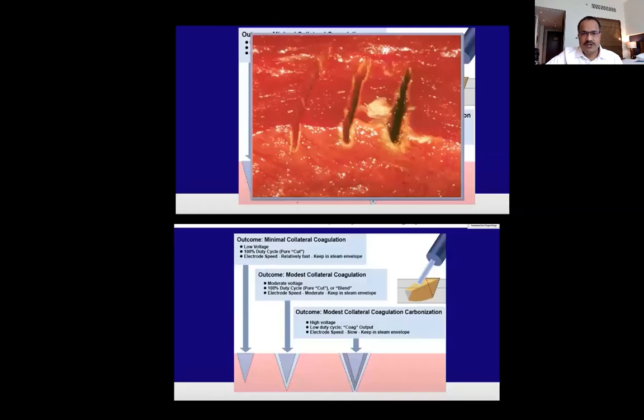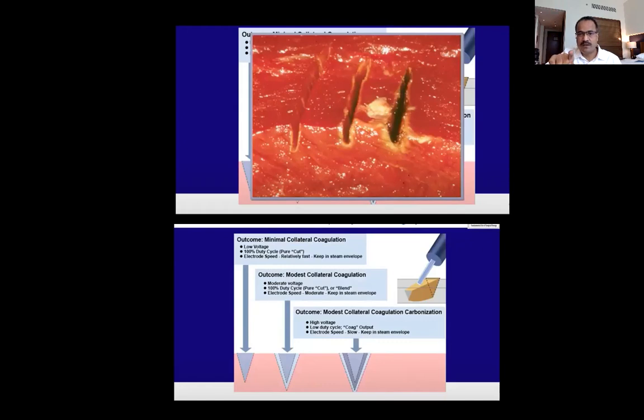So here you can appreciate that the cutting current and the coagulation current can all vaporize the tissue. Now this cut current, even though they have named it cut, you have to imagine it like a sword. A sword will give a clean cut. A continuous low voltage current gives a clean cut. Since it is low voltage, there is no lateral thermal spread.